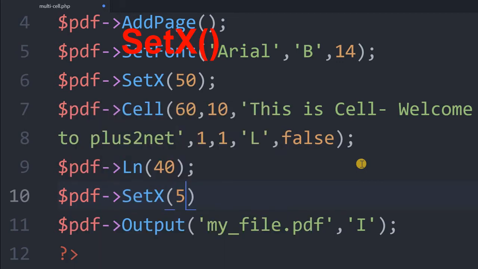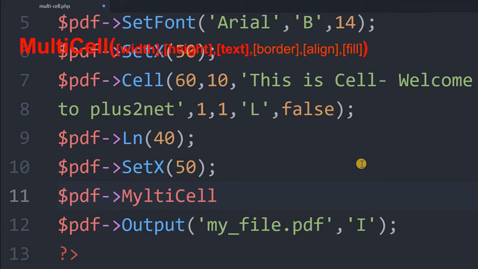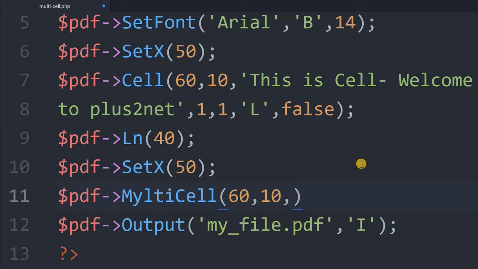It will be in the same line with the cell we have written. And now we'll write the multi-cell. PDF multi-cell. You can understand all the code if you watch our previous tutorials on this series. Now we are telling 60 and 10 as the width and height we specified.